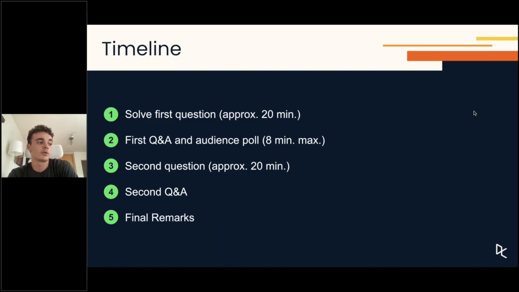Next up, the speaker will go over the chosen second question, and in the end, a small Q&A session will be held for this as well. Both Q&A sessions will be around maximum 8 minutes long. Finally, the speaker will give some remarks about the template, and I will say some closing words. So we hope to be done within an hour from now on.